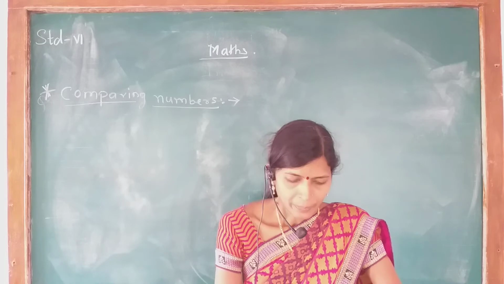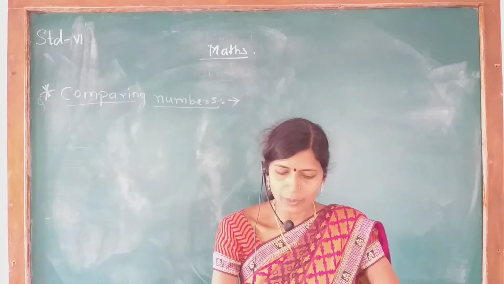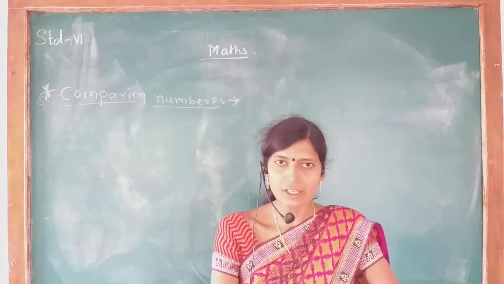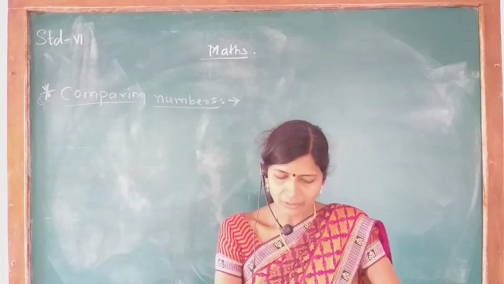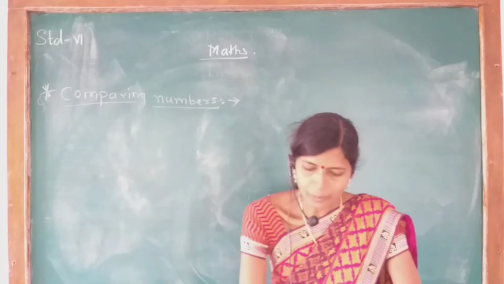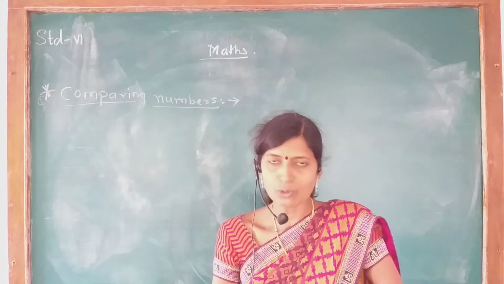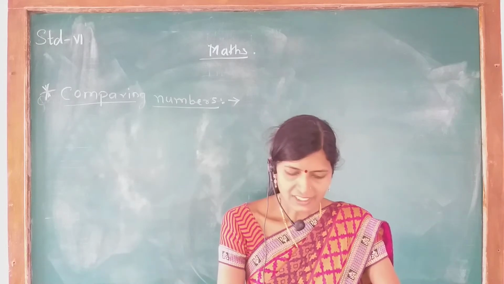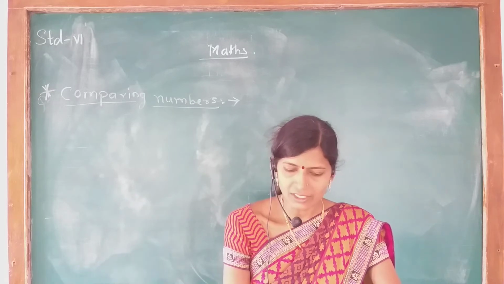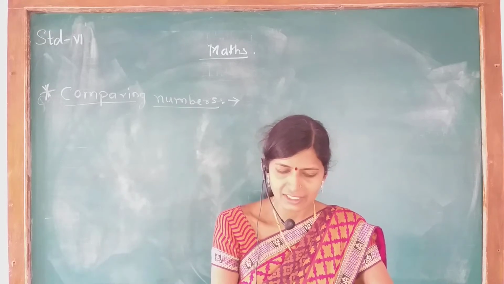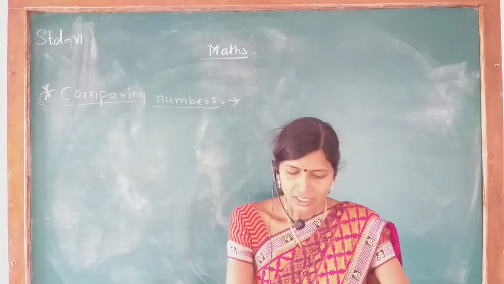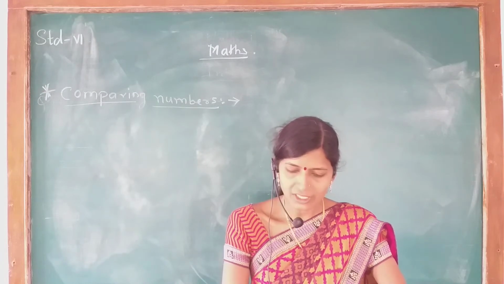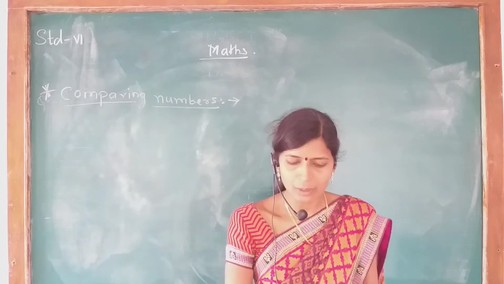Now step 2, that is compare the digits at the leftmost place in both the numbers. The number with the greater digit is greater of the two. And if the leftmost digits are equal, then compare the second digits from the left and go to step 3. Okay. So what is step 3 here? If the second digits from the left are unequal, then the number with the greater digit is greater of the two. Okay. If the second digits from the left in both the numbers are equal, then compare the third digits from the left and continue the above process.